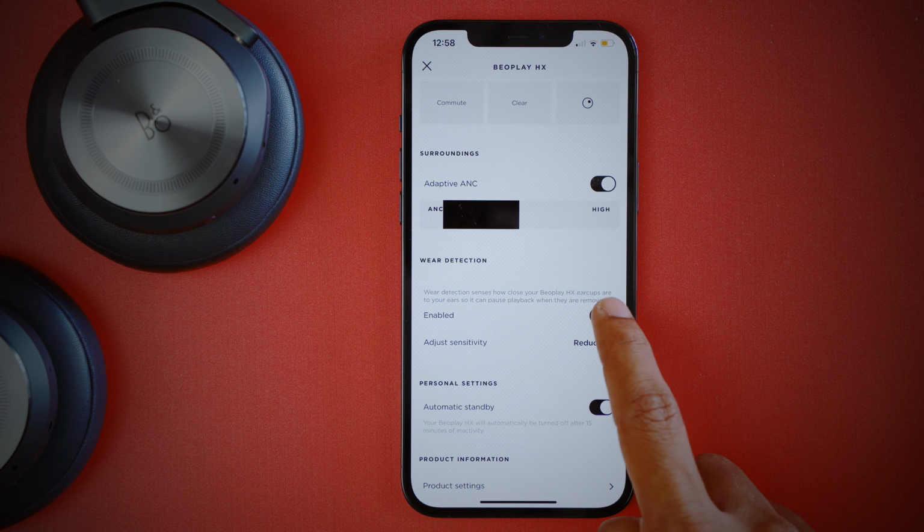In terms of sound quality, I don't think they are exceptional in any way. Alright, let me explain. First thing is that the Beoplay HX does not focus on bass. It emphasizes more on vocals, then trebles, and then bass. I don't mind that very much because this is very much like the Bose NC700's default settings, which is one